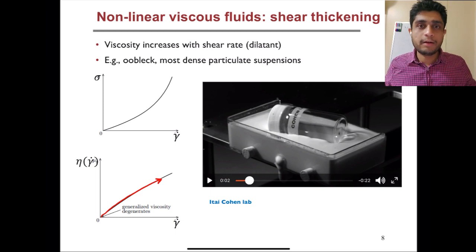It then behaves like a liquid. That's because when you are running, the velocity gradients are very high, which in other words means the deformation rate is very high, and shear thickening fluids have high viscosity when we apply a very high deformation rate. So when you run on the oobleck solution, it behaves like a solid, but when you stand, the deformation rates are very small, and then its viscosity is very small, and that means it behaves like a liquid.